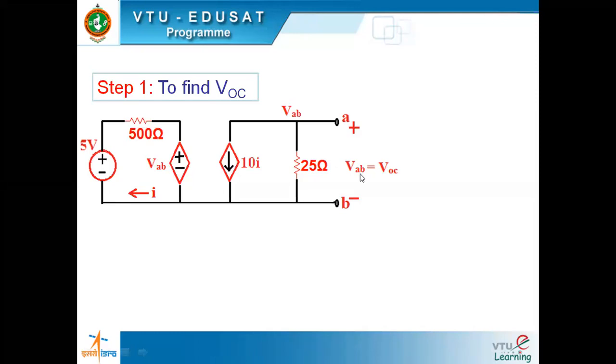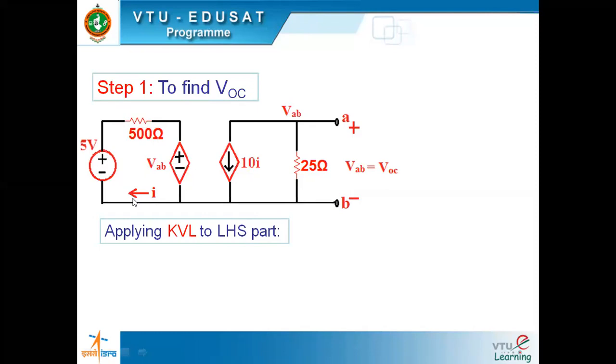Let's find out VOC. Again, when we are asked to find out VOC, mesh analysis or node analysis would be the question that we need to answer. There is the LHS part, which is easier to deal with by KVL, and there is the RHS part, which is easier to deal with using KCL. So this is one type of circuit wherein one part is easier to be dealt with using KVL and the second part using KCL. Understand that point? So let's catch hold of this part, the left hand side part.